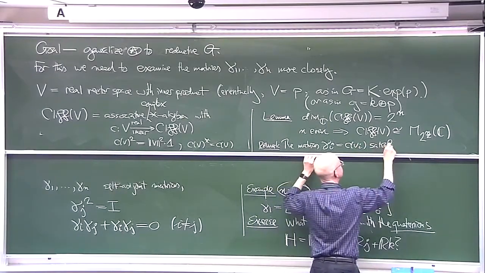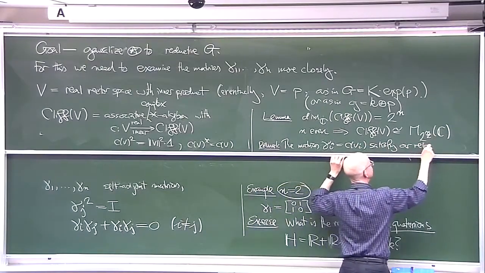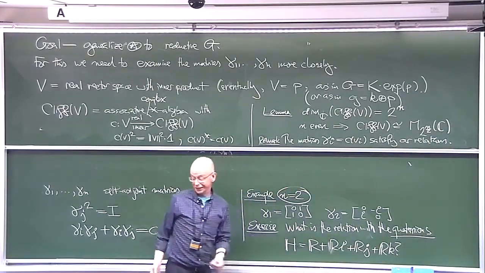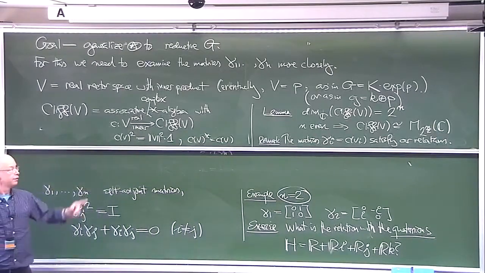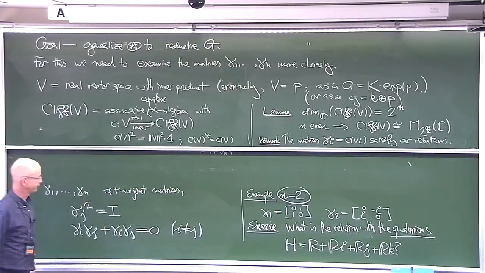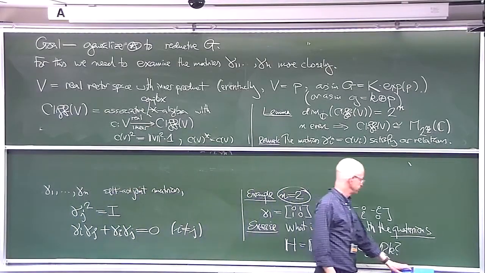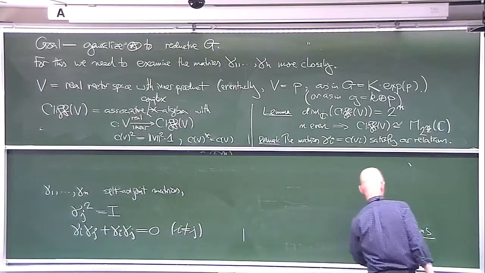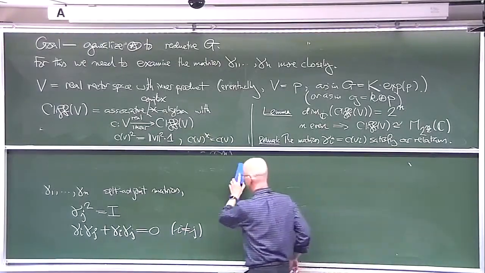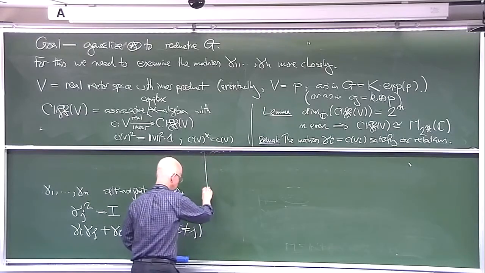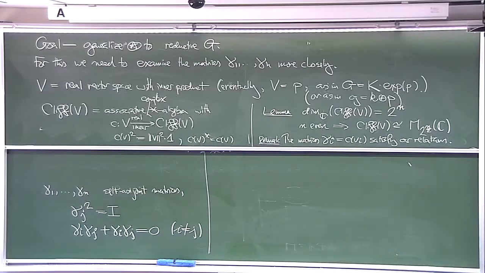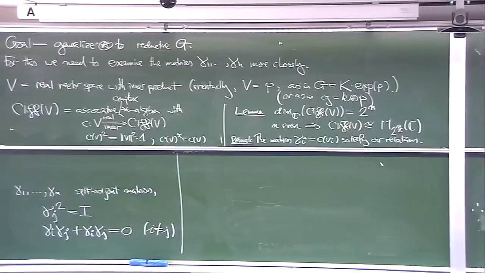These satisfy our relations that we discussed down here. So this is clearly very much the same thing as what we were discussing down here. Let's keep those for a moment so I can stare at them. So this is the Clifford algebra of V, and because we're about to try and do some representation theory, I